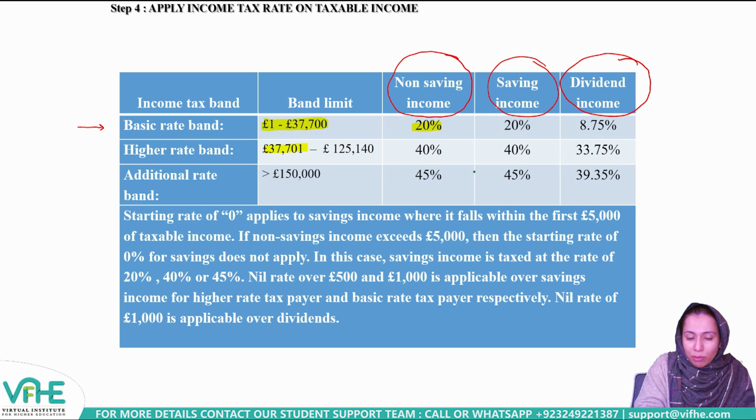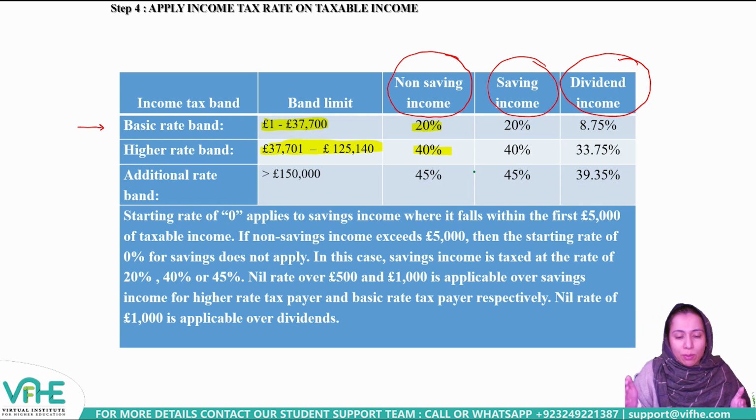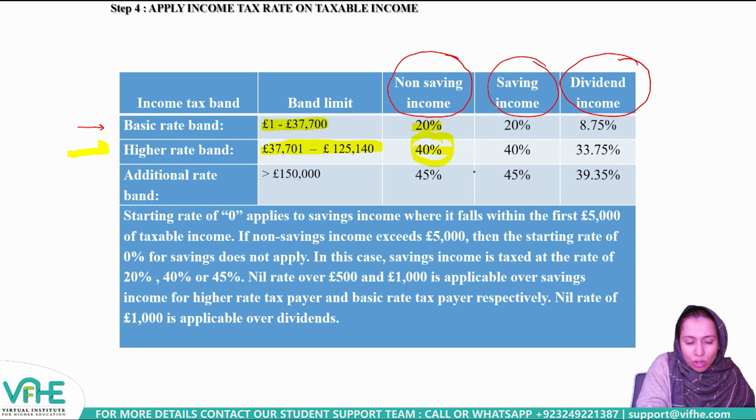If the taxable income of a person is more than 37,700 pounds, say 37,701 pounds, then the high rate is going to be applied. The income is said to fall in the high rate band, and here the high rate shall be applied, which is 40%. From 37,701 till 125,140 pounds, the high rate shall be applied, and the high rate is 40%. Would you like to see how much of the figure is going to be accommodated in the high rate band? It is